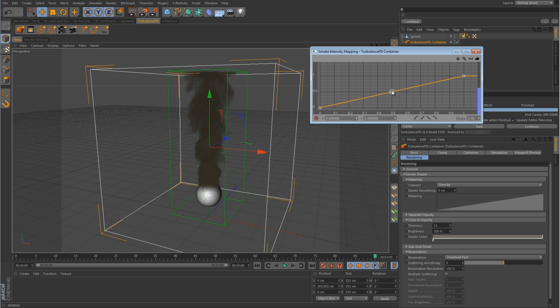So if we were to take this and pull it over to the right, notice that the smoke thinned out and it dissipated more towards the top. So if we were to take this bar and pull it back over to the left, now we've got some really thick smoke. And if we render this,